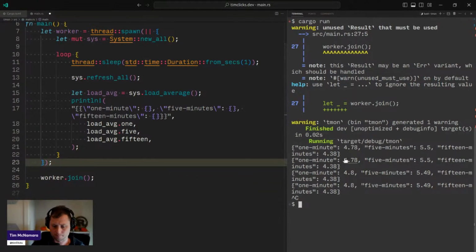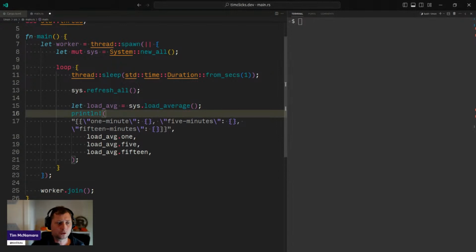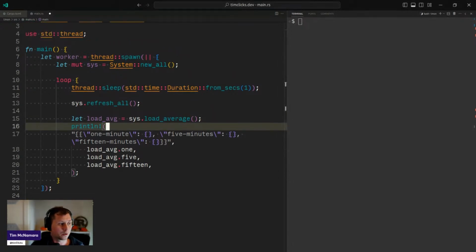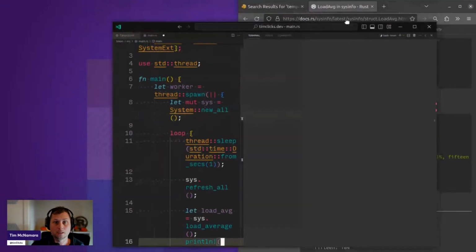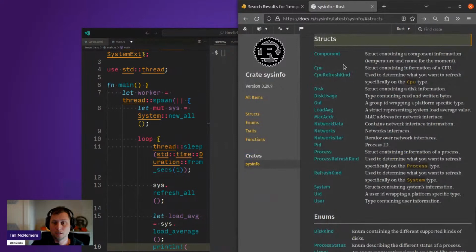Then having the work in a separate thread is actually sort of helpful. I don't know if anyone has been in a position where they have been stung by that themselves. I want to now go into the sysinfo crate and kind of go back to checking whether or not I